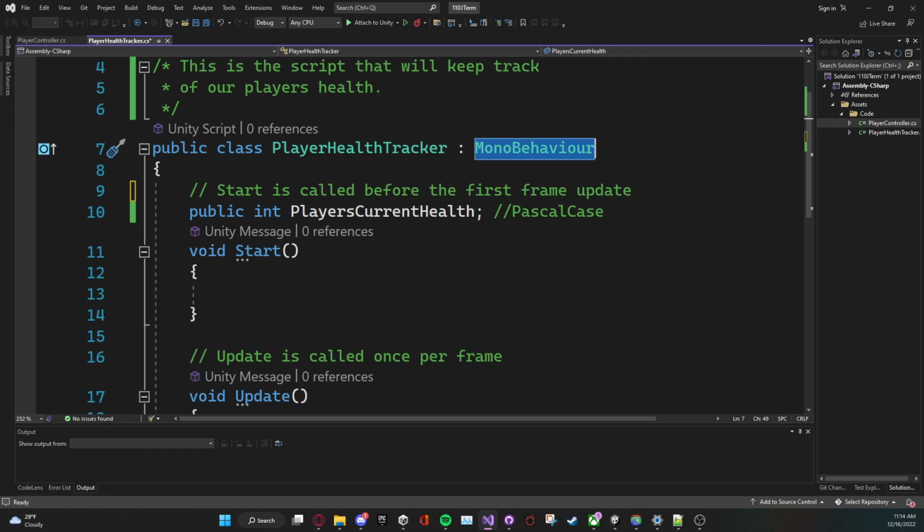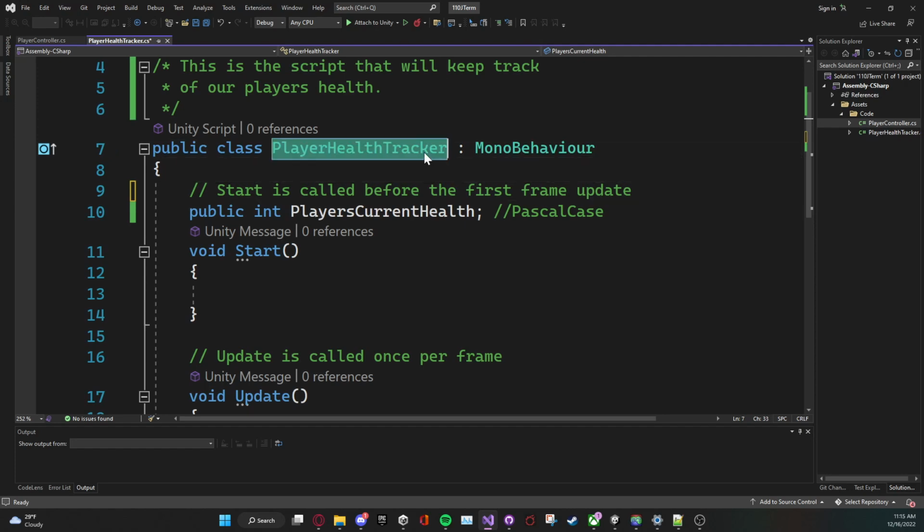Let's just talk about that. I was going to use fruit, but we'll just use what we actually have here. If I think about player health tracker and I have a code version of it, that's an object. Now I can also add player health tracker to a game object, and then it becomes both a game object and an object. It's a little bit of a weird thing to wrap your head around, but you don't always need to have